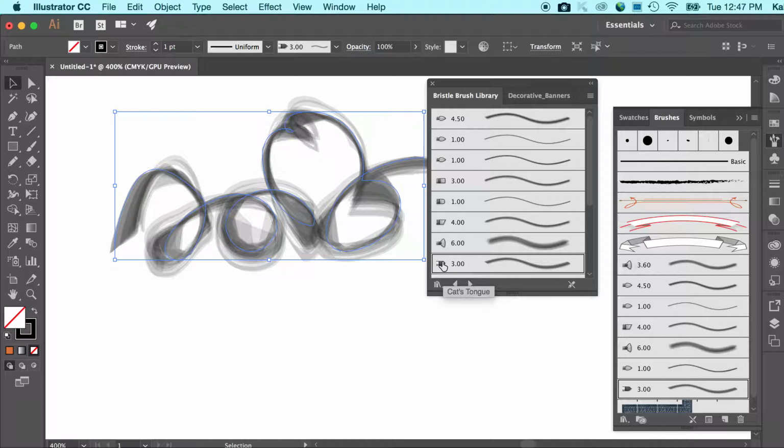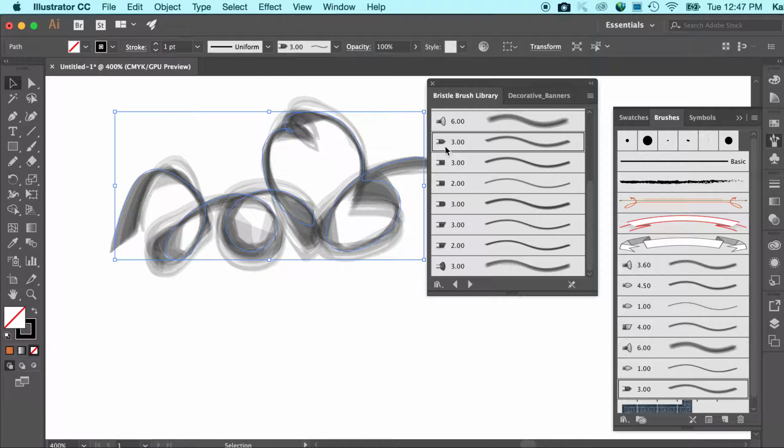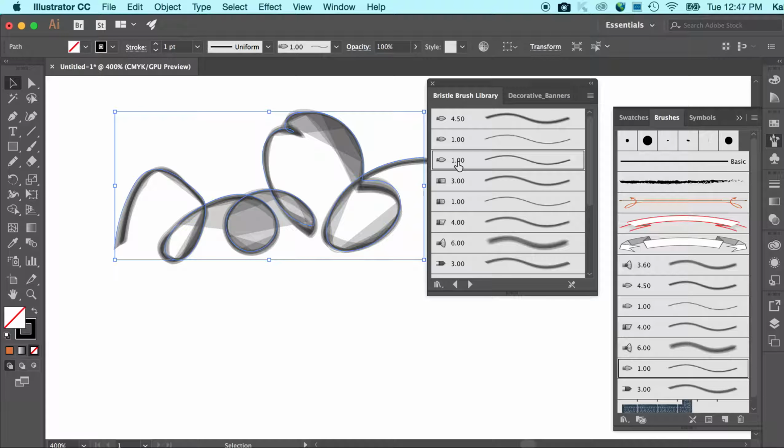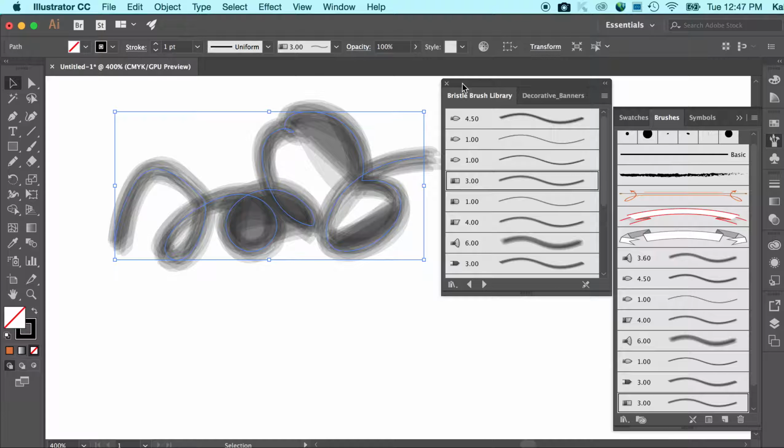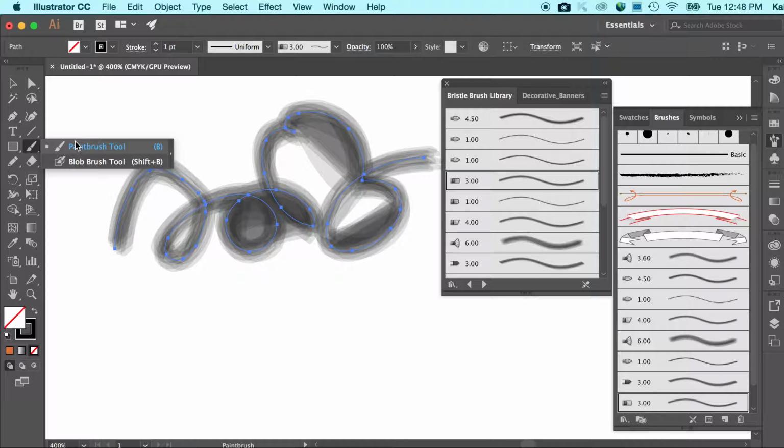So, you can look at the symbols. Sometimes those will give you a pretty good idea of what the brush or tip, there are other types of tips, will look like. But you can get some pretty interesting effects just based on the brushes. So think about what type of brushes you've used or maybe would like to use out in the real world and see if you can find its equivalent here. Again, a lot of that's just going to be up to you messing around with things and testing them out. But the big difference between a brush tool and a blob brush tool is,